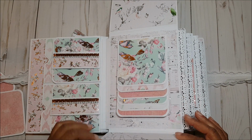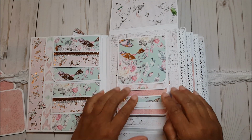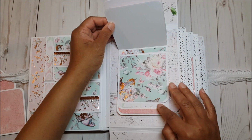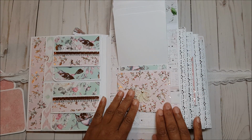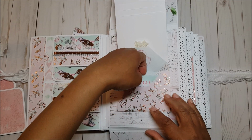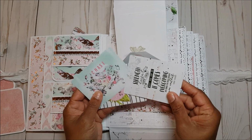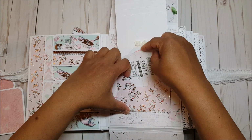We have a flap here on the bottom which opens up. For the waterfall, I've only decorated the front sides of the mats and the back, so you can just simply put a photo or more journaling. At the bottom of the waterfall, I included this little 3x4 envelope, and inside I've included some fun journaling cards,